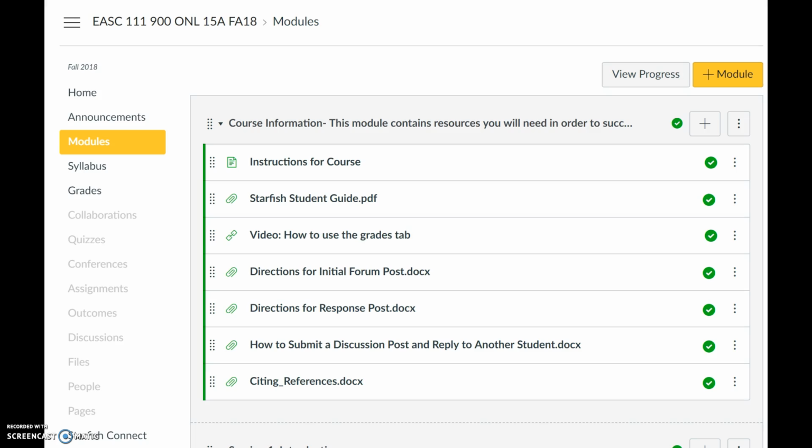As we move forward, a couple people have reached out to me about the quizzes. They're struggling with the quizzes. 45 minutes is a substantial amount of time. Here are just some helpful hints. Number one, I suggest that you read the chapter first, just to understand the material. The second thing is then go back and read it again, and as you read it the second time, you can take notes. You can have sticky notes.